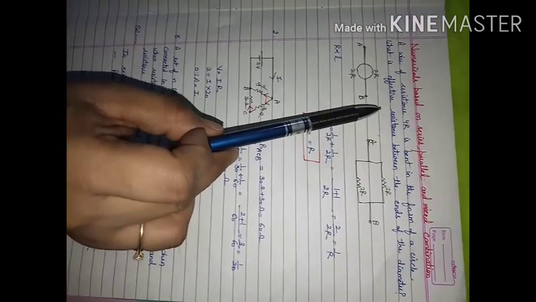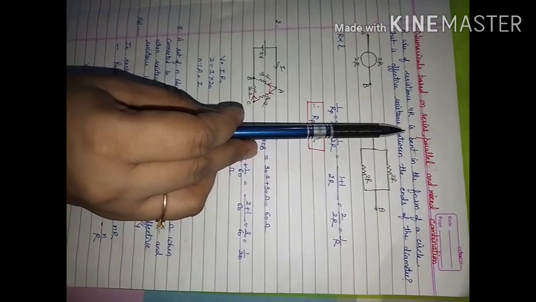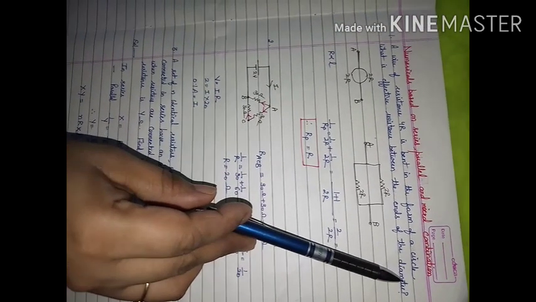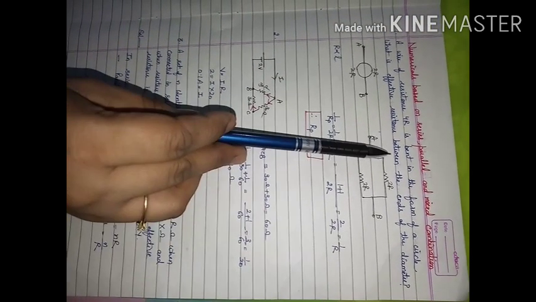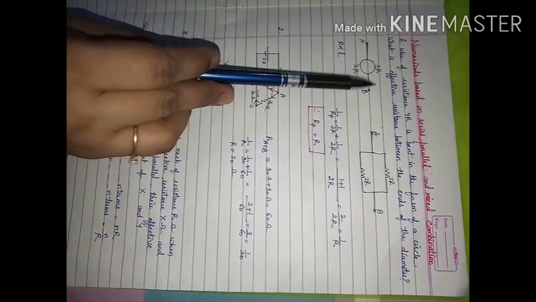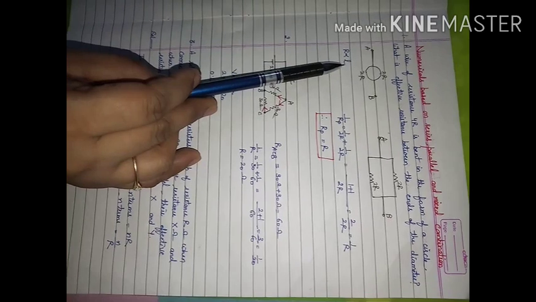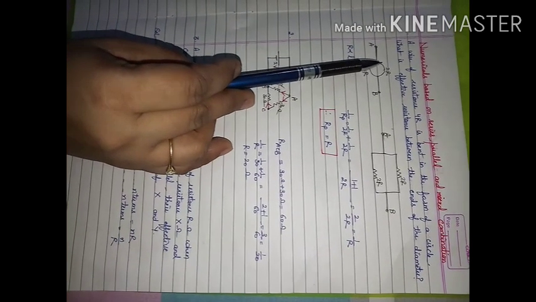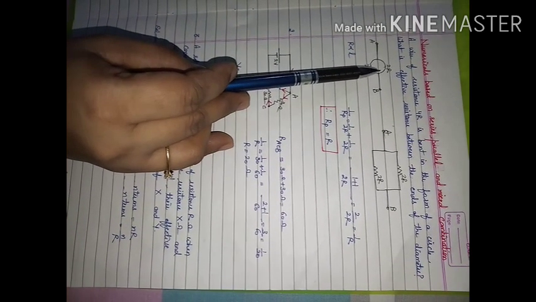If we discuss a few questions related to this, then the first question is, a wire of resistance 4R is bent in the form of a circle. You have to find the effective resistance across the two ends of a diameter. We know resistance is directly proportional to length. So when I consider half of the length, resistance will also become half.